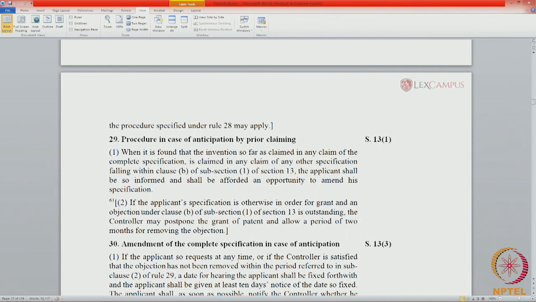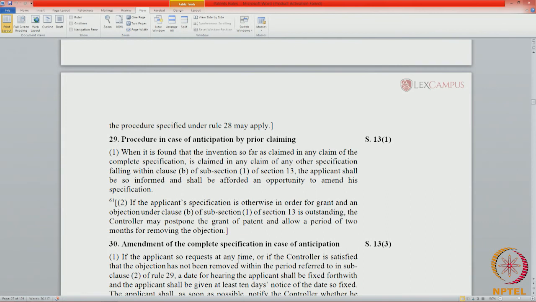29(2): if the applicant's specification is otherwise in order for grant, and for 'otherwise in order for grant' you will always go back to section 43. Section 43 is the cross reference for Rule 29(2), because an application is made ready for a grant under section 43.